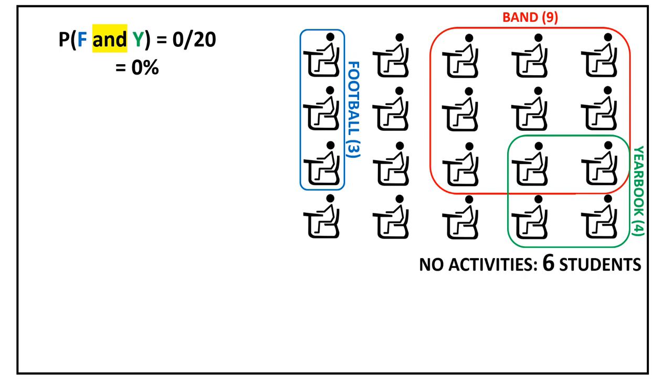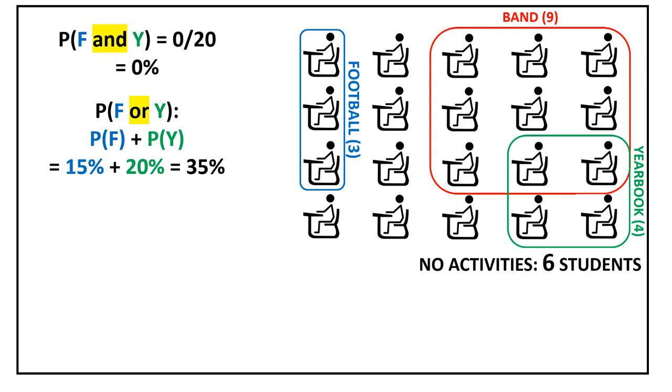This means that there is no chance that a randomly selected student will be in both football and yearbook. Looking at our diagram, this should be pretty clear. When we say P of F or Y, we mean the probability that our random student is either in football or in yearbook. This appears to be just the sum of the 2 individual probabilities, the 15% in football and the 20% in yearbook, making 35% in football or